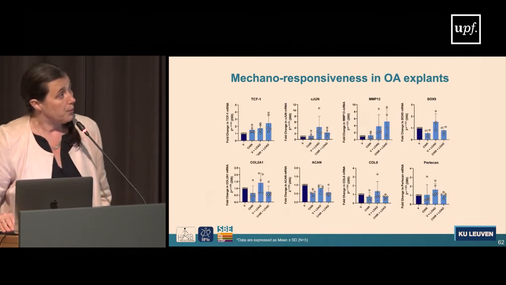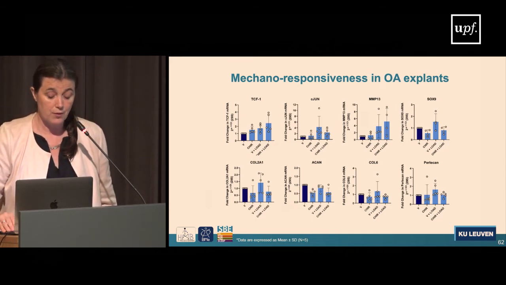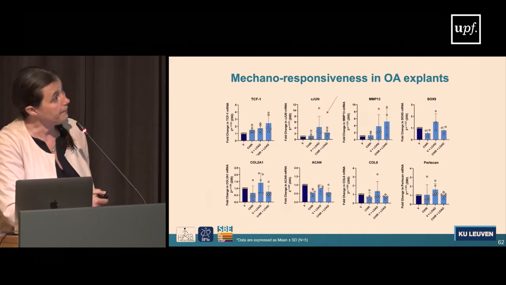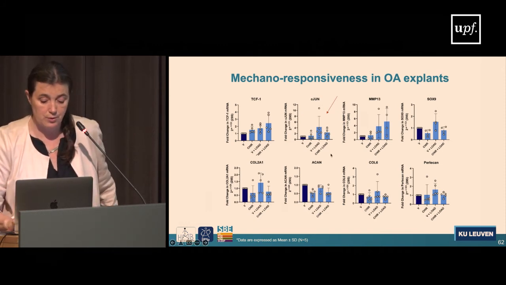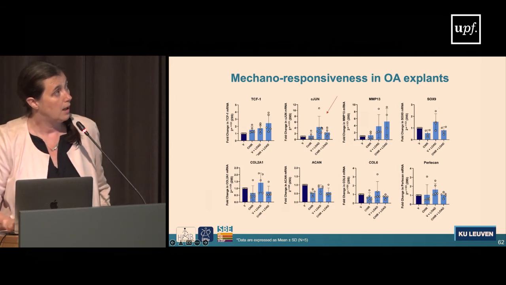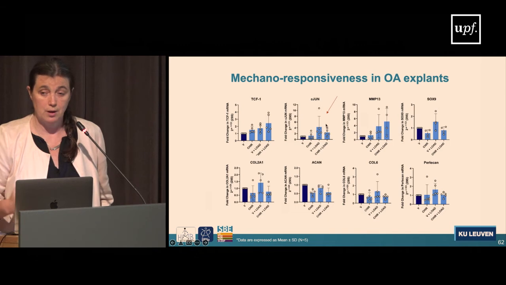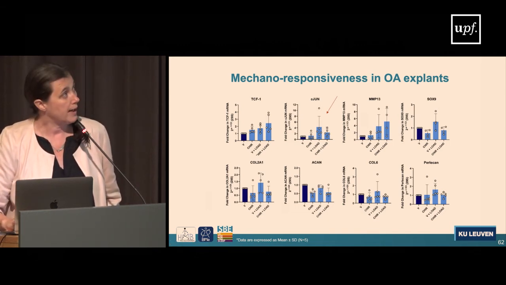What we were very much interested to see was that upon Wnt upregulation, the anabolic response, so we are looking on the graph at this bar, which is the mechanically stimulated control explant, so the healthy cartilage,